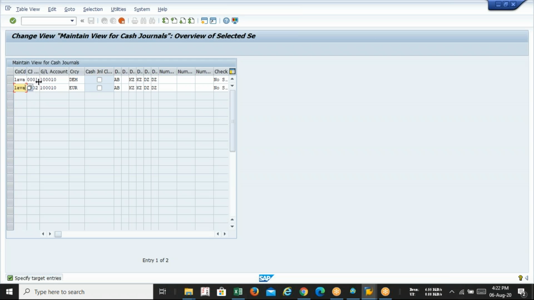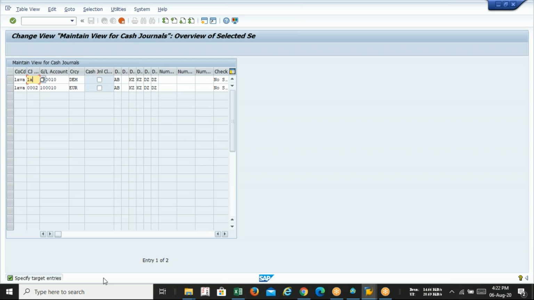Here, for the name of the cash journal, some SAP consultants suggest that you can use your business area. As I told you in the beginning of the class, ITC has two different branches in two different locations. So ITC can mention the code of the branch like the business area.